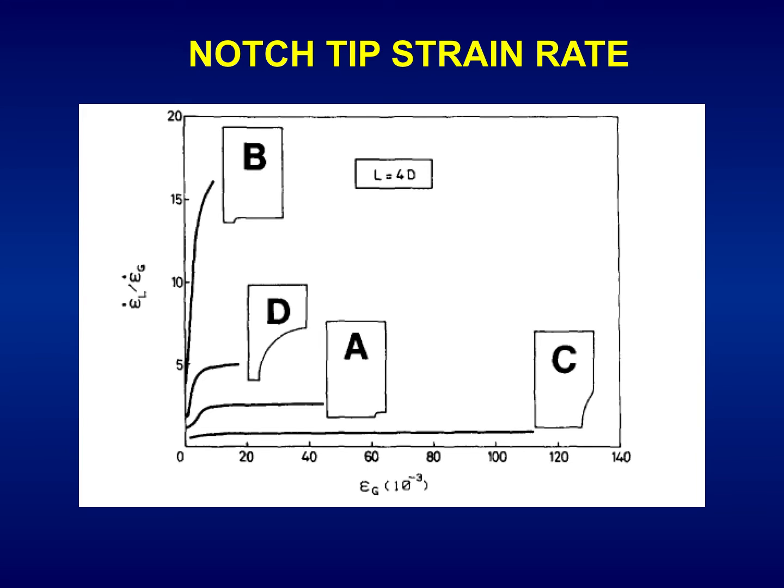And this increase of local strain rate depends on the particular geometry. The higher the triaxiality level, the higher the local strain rate in the close vicinity of the notch tip. The higher the triaxiality constraint level, the higher the stress and strain concentration, the higher the notch tip strain rate evolution in the sample. Then the maximum triaxiality is achieved in geometry B.